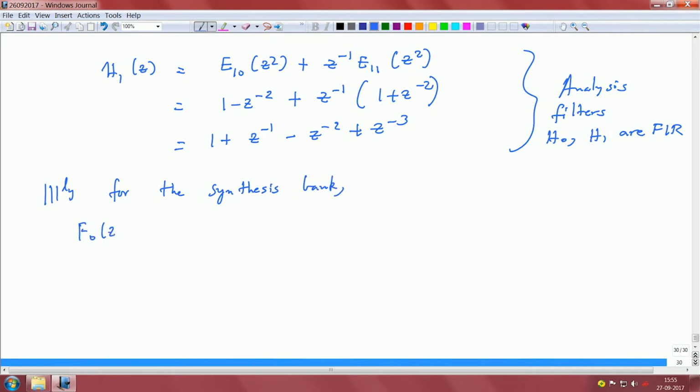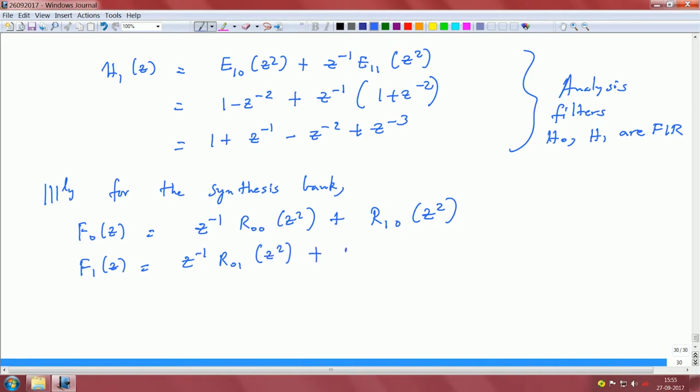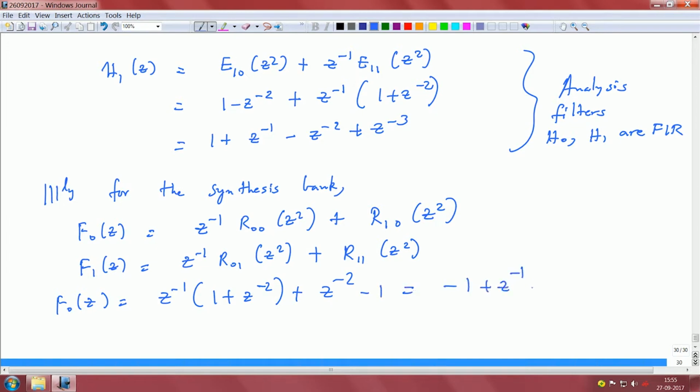So we get f naught of z is z power minus 1 r naught naught z square plus r 10 z square, and f1 of z is z power minus 1 r naught 1 z square plus r 11 z square, and you plug in, you get f naught of z is z power minus 1 times 1 plus z power minus 2 plus z power minus 2 minus 1, which is minus 1 plus z power minus 1 plus z power minus 2 plus z power minus 3, and f1 of z is, you do the math, you will land up with this equation,